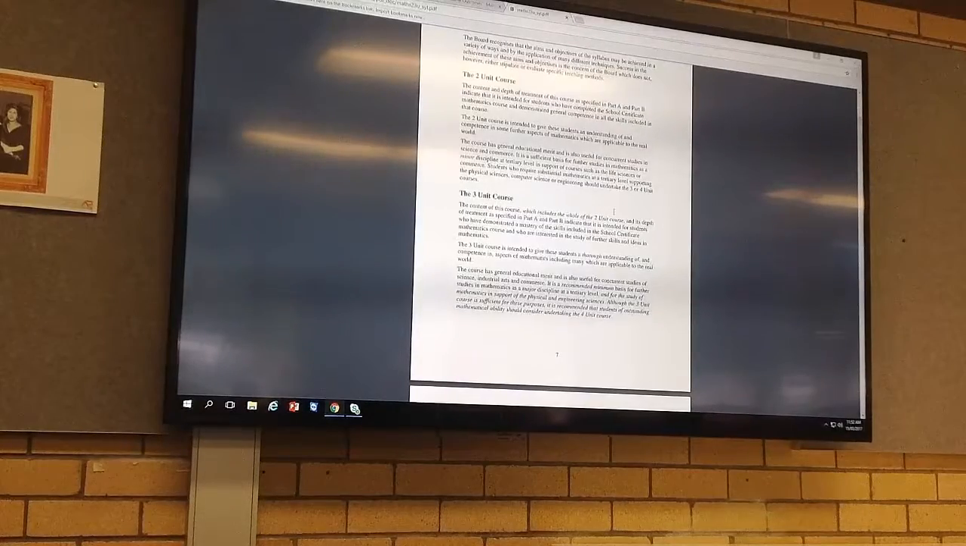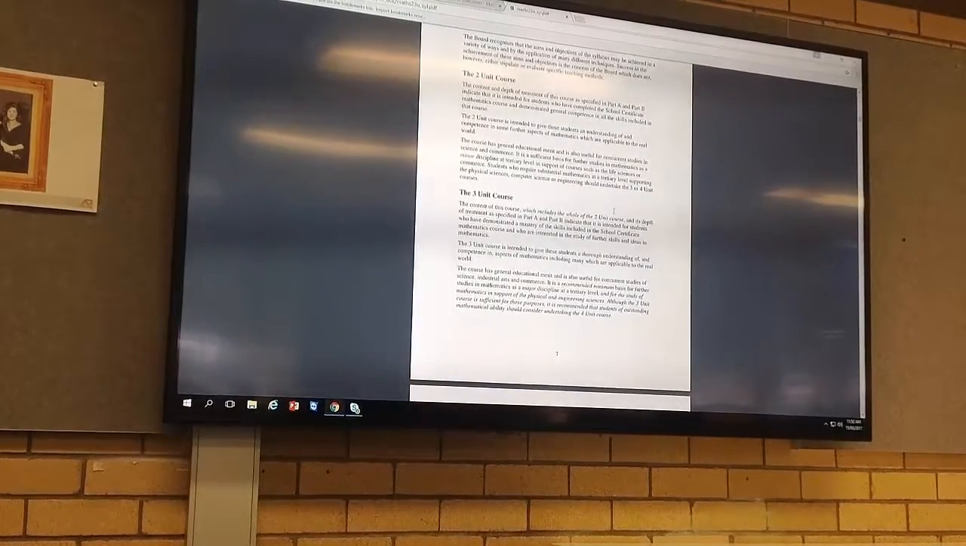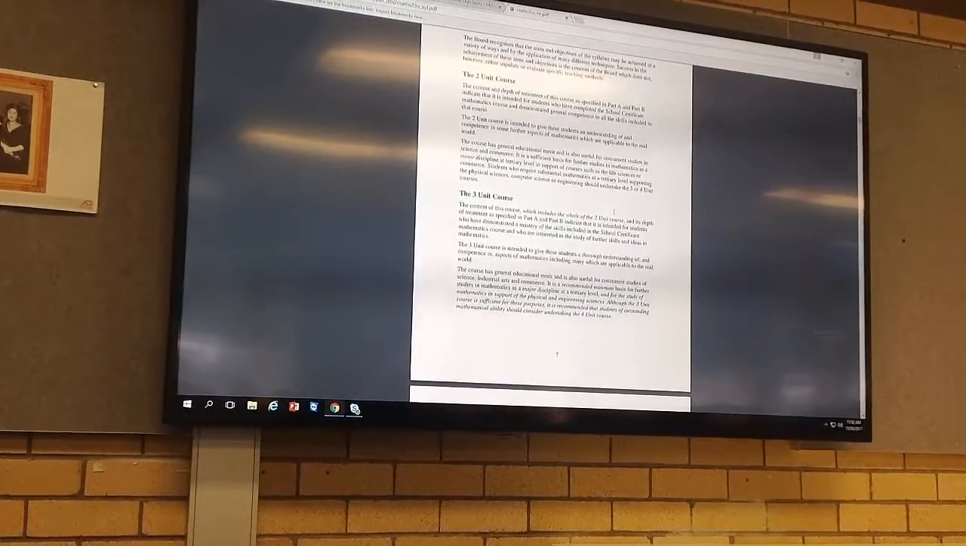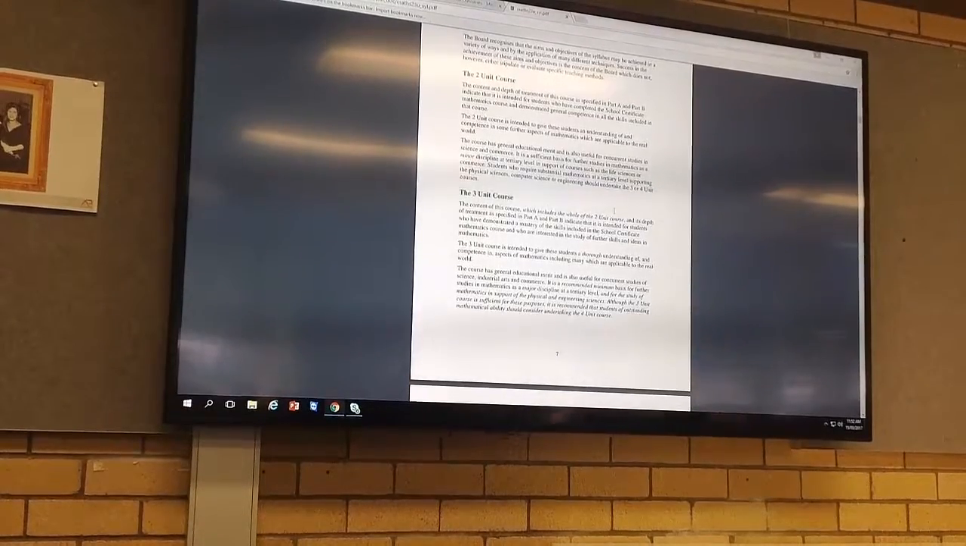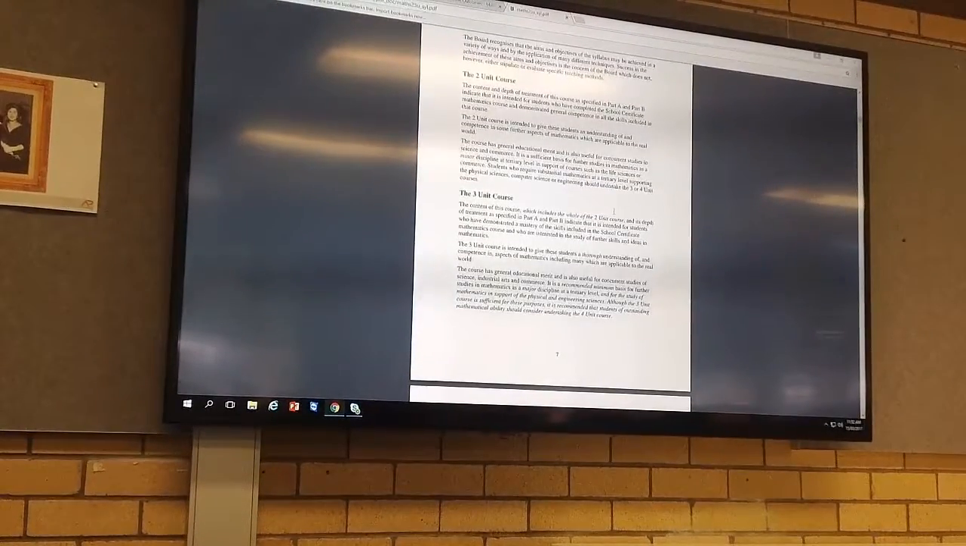It says the content and depth of treatment of the course is intended for students who have completed the School Certificate mathematics course and demonstrated general competence in that course. So if they're not in that course and passing it, the answer to the question is probably no. You're going to have to try and talk to the head of department and see what you can swing. 2 unit is intended to give an understanding, and it's about,